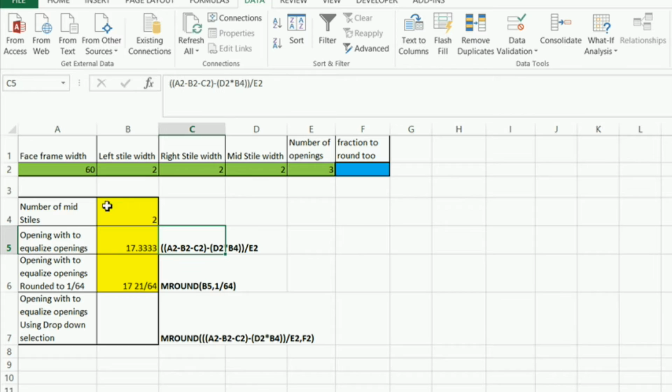Here's the formula right here, minus the left style minus the right style, and then it takes that answer and subtracts the answer of the mid style width times the number of mid styles. So it takes those two answers, or this answer here, subtracts it from this answer right here, and then divides it by the number of openings, which comes up to be